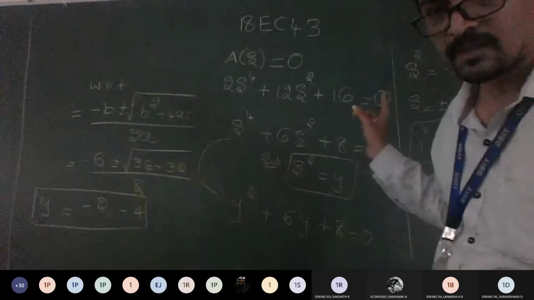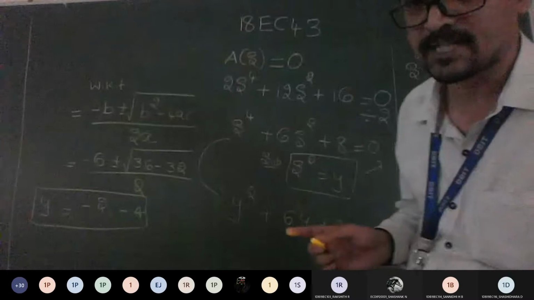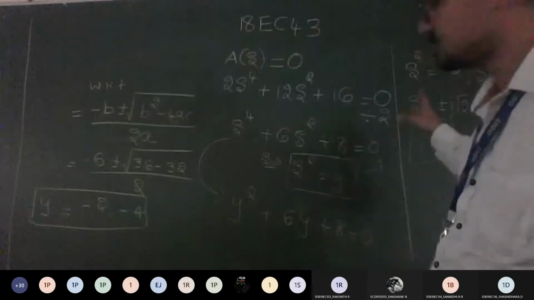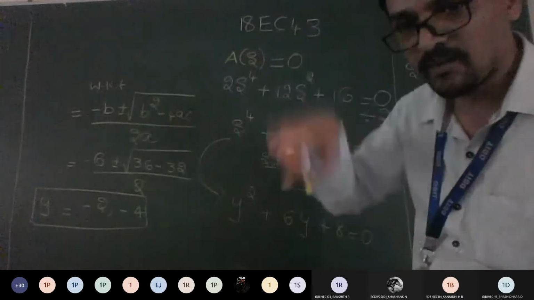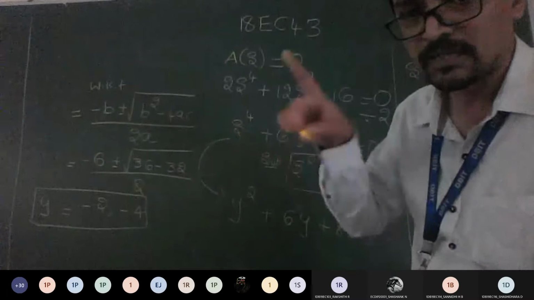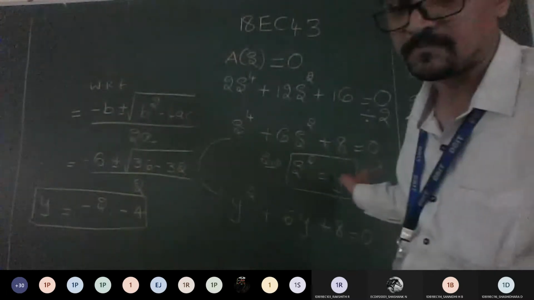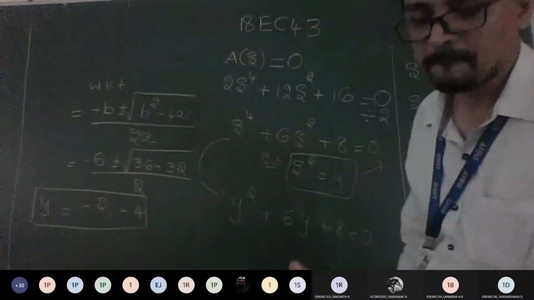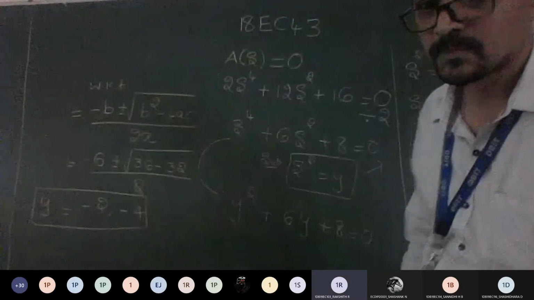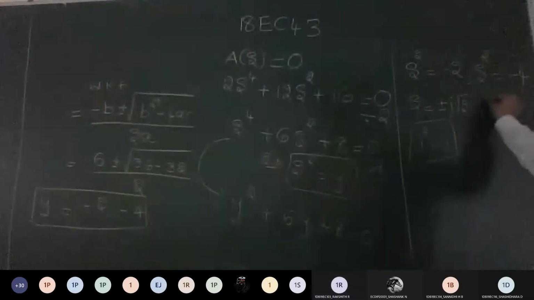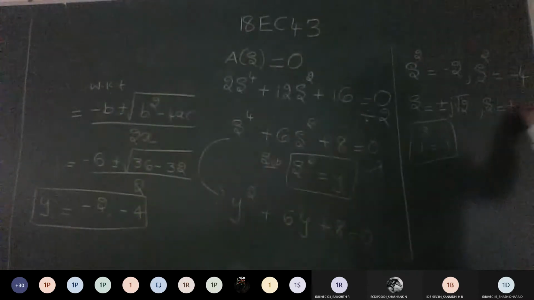Why am I writing in complex terms? Can anyone tell me? Because you need to prove whether it is marginally stable or unstable. So now you have an idea that it is a case of marginally stable. If it is marginally stable, on the s-plane you need to plot the poles. To plot the poles, I should know the values of the complex and real terms. Am I clear? So can you tell me similarly what the answer is for this? s square is equal to minus 4 with respect to the complex term. Can you write it as plus or minus 2j?